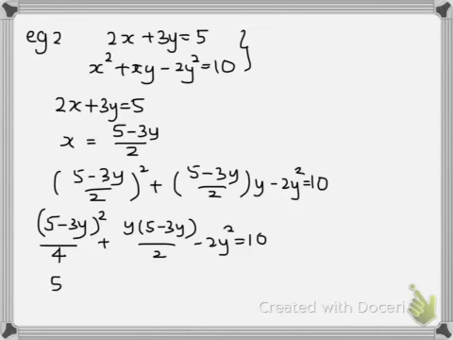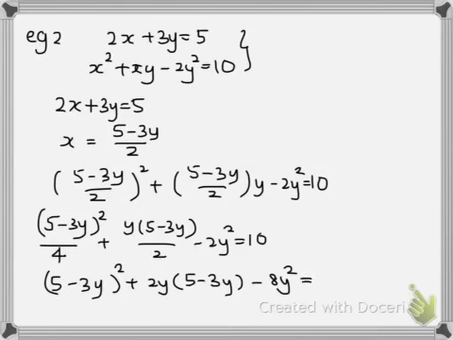So it becomes (5 minus 3y) squared plus 2y(5 minus 3y) minus 8y squared equals 40. Then? Okay, so now we want to expand everything, right? So far so good? So the first bracket, if you expand it, (5 minus 3y) multiplied by (5 minus 3y), then you get 25